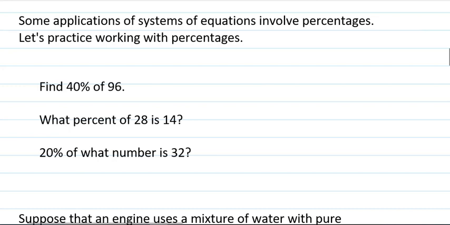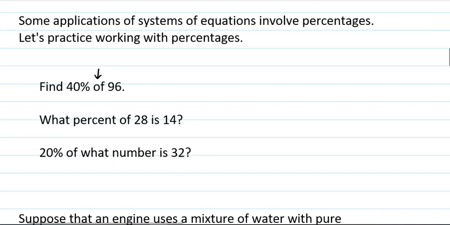In this video, we're going to continue talking about systems of linear equations in two variables, but we're going to focus on those kinds that include or involve percentages. So we're going to do a couple of problems just to get warmed up, to make sure that everybody's comfortable with percentages. So for example, if I asked you to find 40% of 96, one thing to remember about